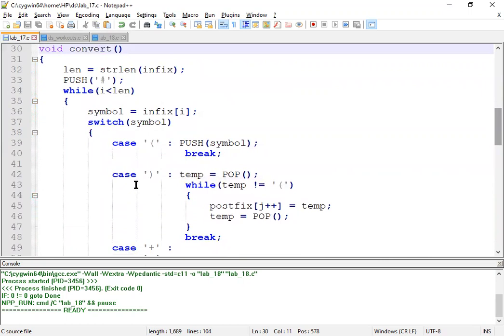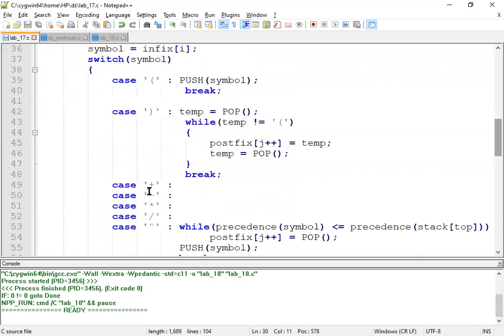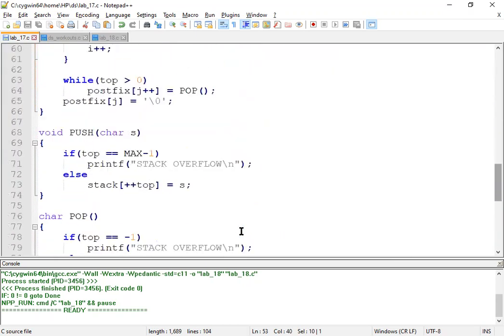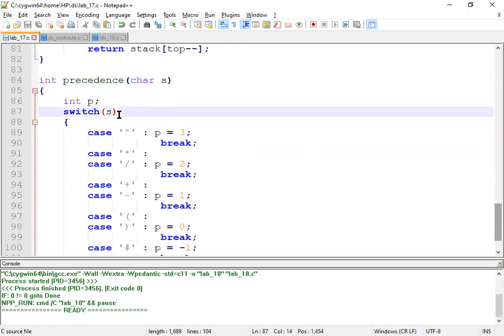The convert function also calls three other functions: the push function, the pop function, and the precedence of the particular operator. When precedence is called, it will invoke this body, wherein we validate the precedence of the particular symbol we are using here.